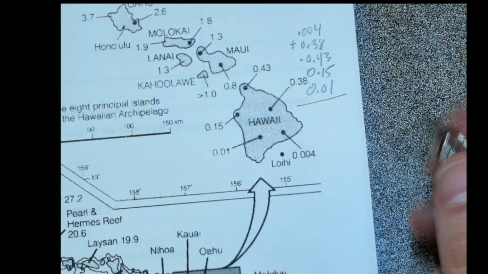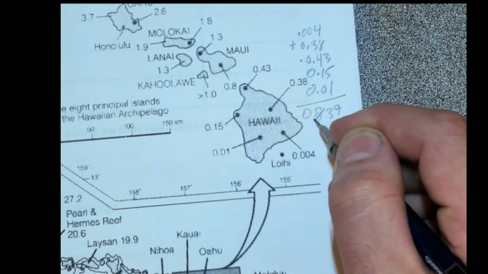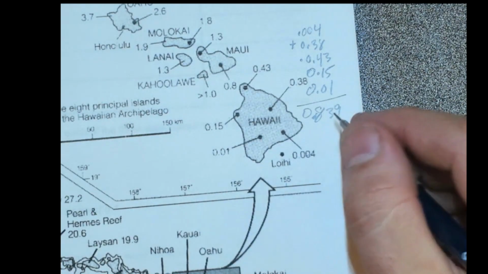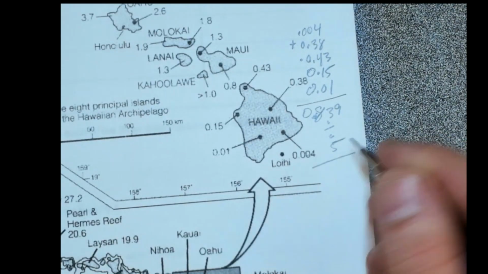Okay, so that gives me a total of 0.839. And then to get the average, we have to divide that out by 5. So dividing it out by 5, that's going to give us a total of